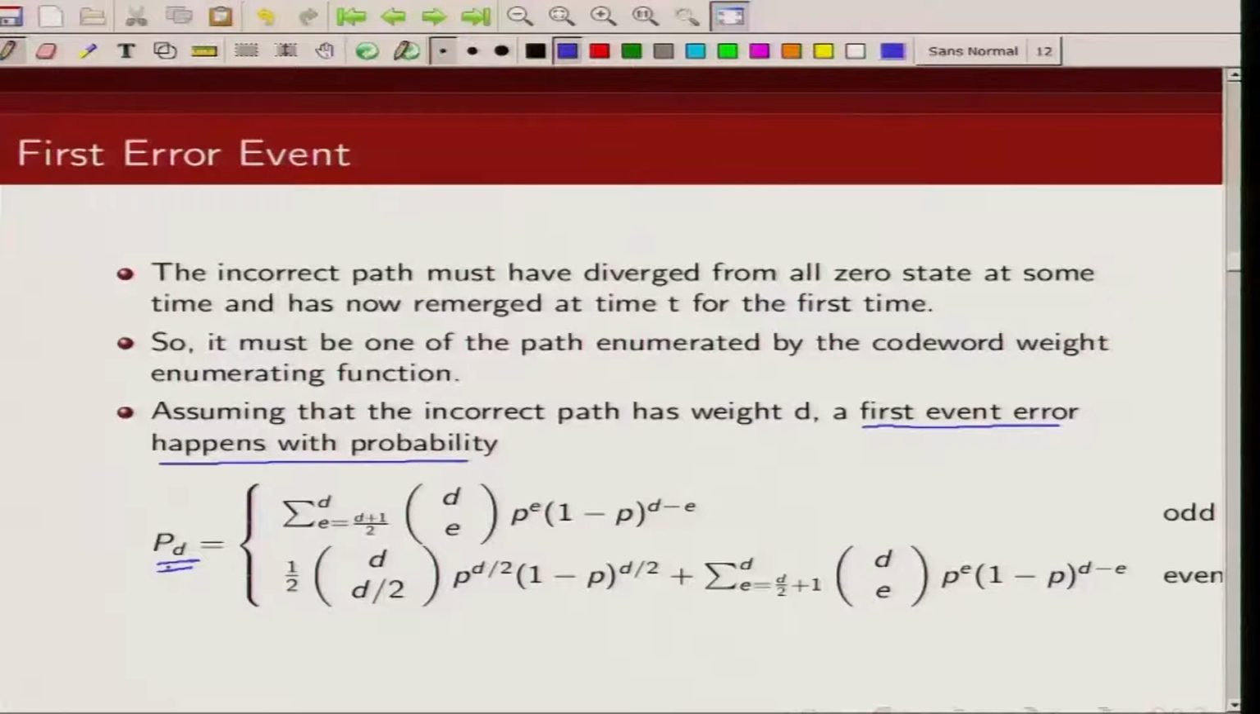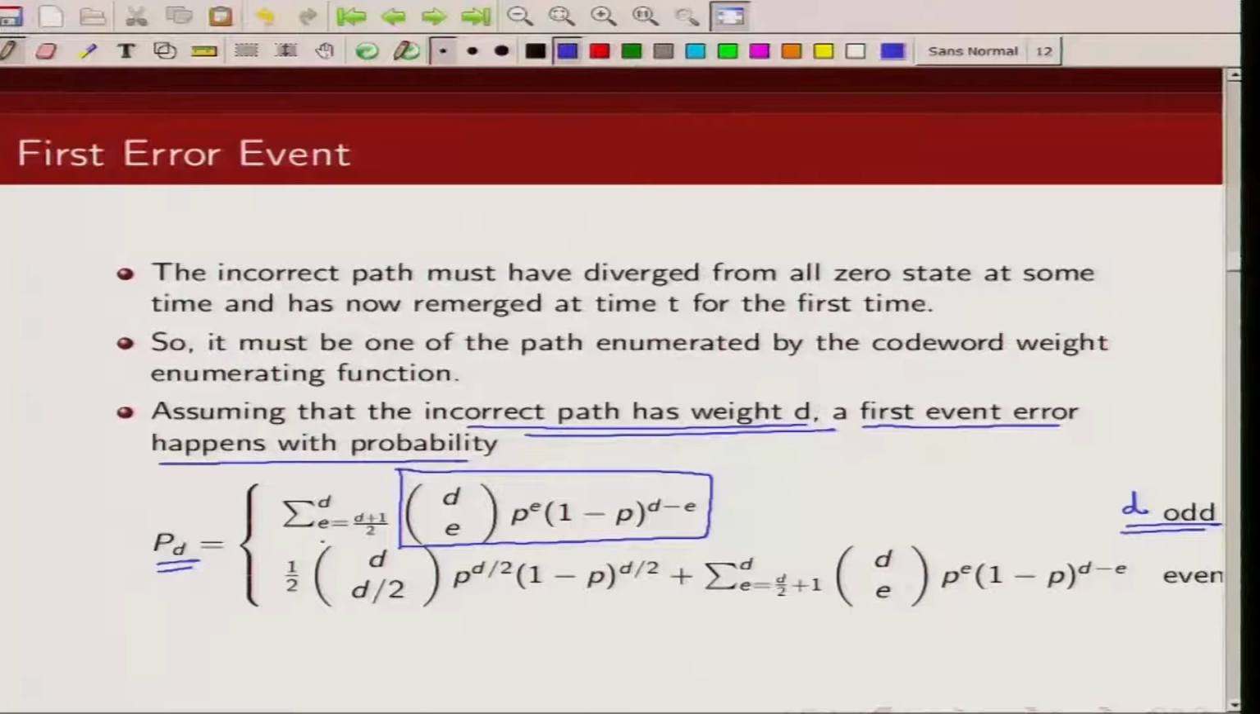We can find out its probability. What is this probability? Let us say this incorrect path has weight d. So, d is the weight of this incorrect path, which has diverged from the all 0 state at some other time and has merged back into the all 0 state at time t. Now, if d is odd, then this probability is given by the sum of this probability, where the summation takes place over all error patterns from (d plus 1) by 2